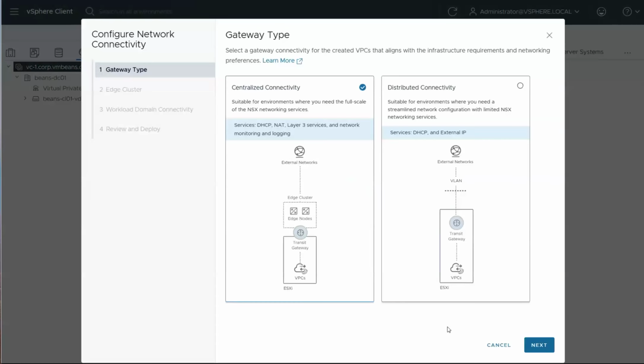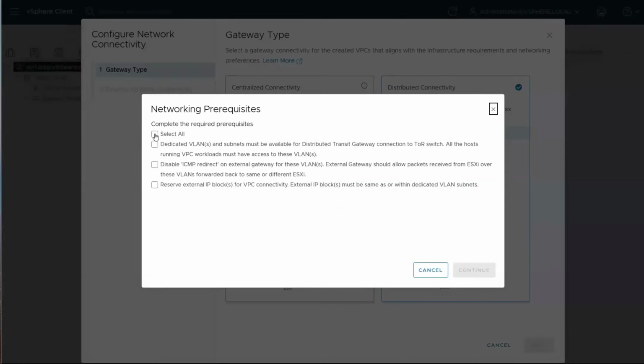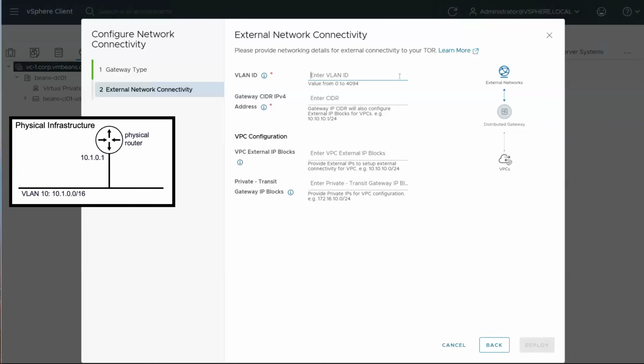And I'm given the option of those two, centralized or distributed transit gateway, the one that I was mentioning earlier on, and I'm going to select distributed connectivity. I click next. This is basically a summary of the prerequisites. And I'm going to enter the information that I showed you earlier on. The VLAN that is common to my hosts is VLAN 10. The default gateway is